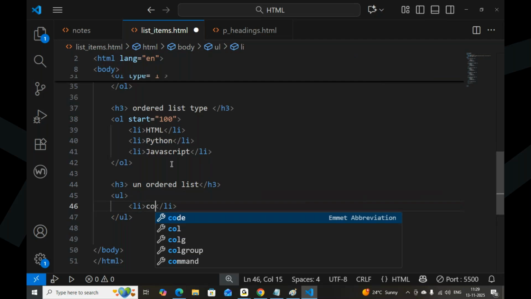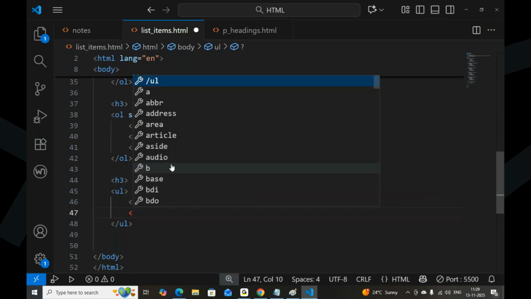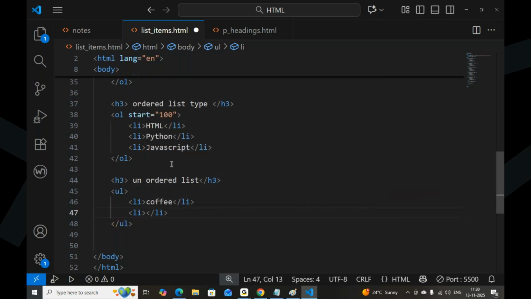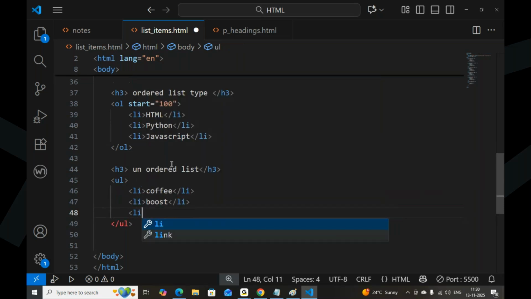Okay. For unordered list, you can say coffee, boost, milk. In an unordered list, we don't have numbers and we don't have any attributes also.